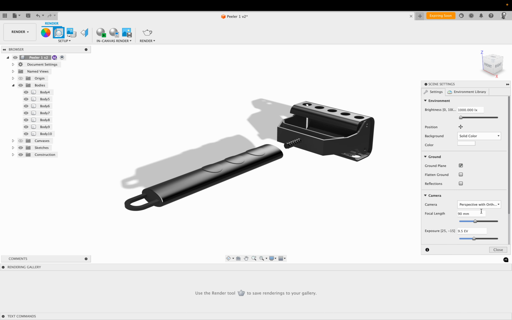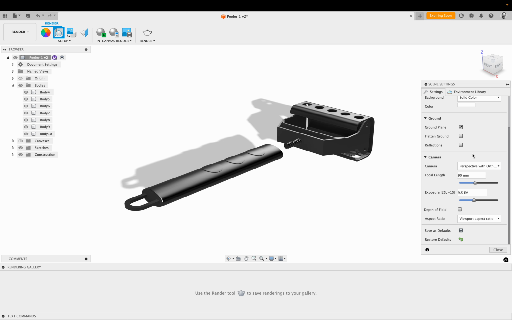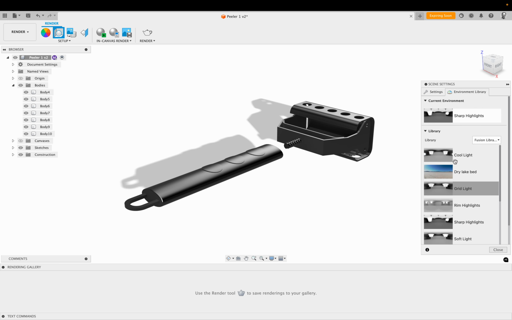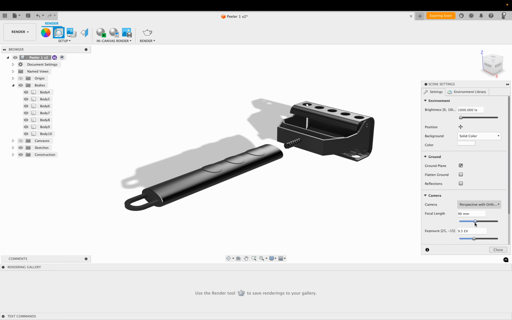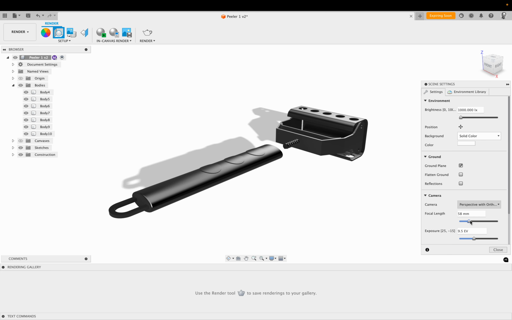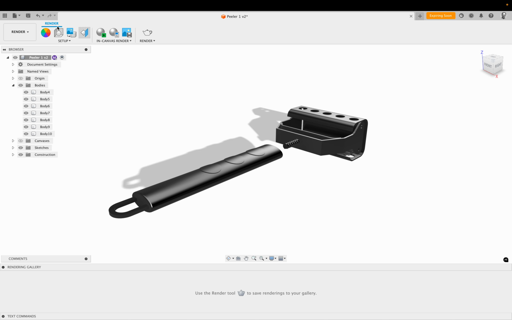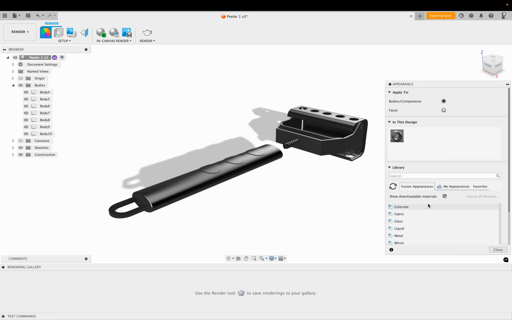I think it's the light issue, isn't it? I don't like where the light's coming from. Maybe I can do that. No, I can't. You can change the focal point. Exposure, I wouldn't play with that. Hang on. Right, and now what you're going to do is press close, and you're going to go appearance, and